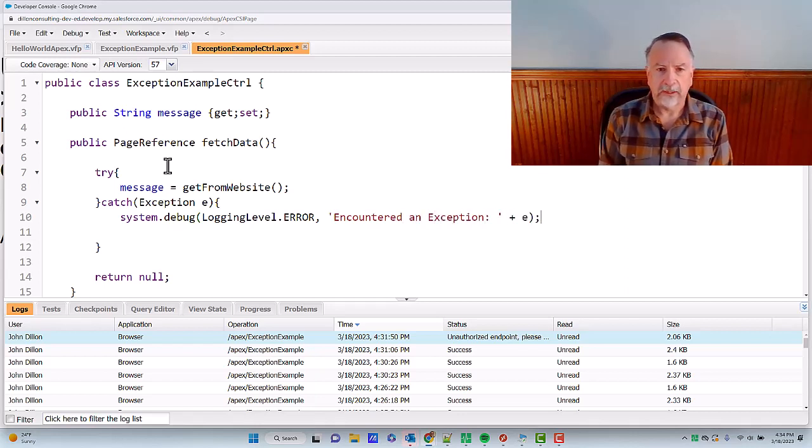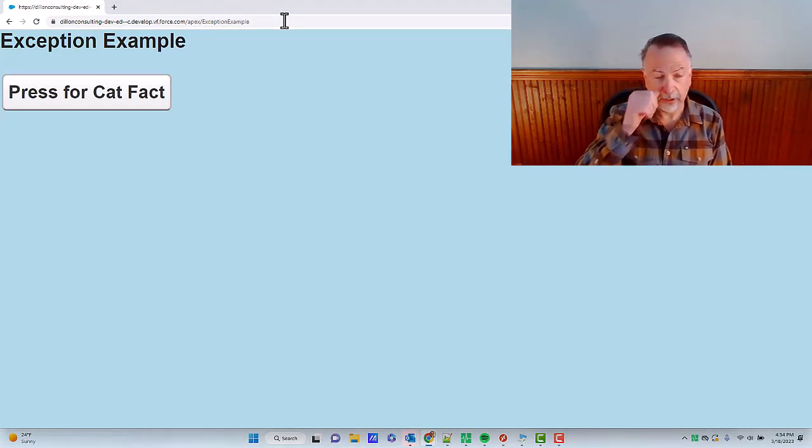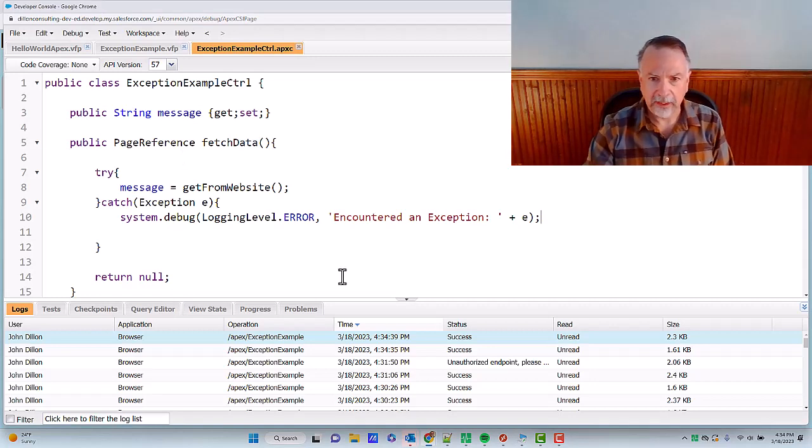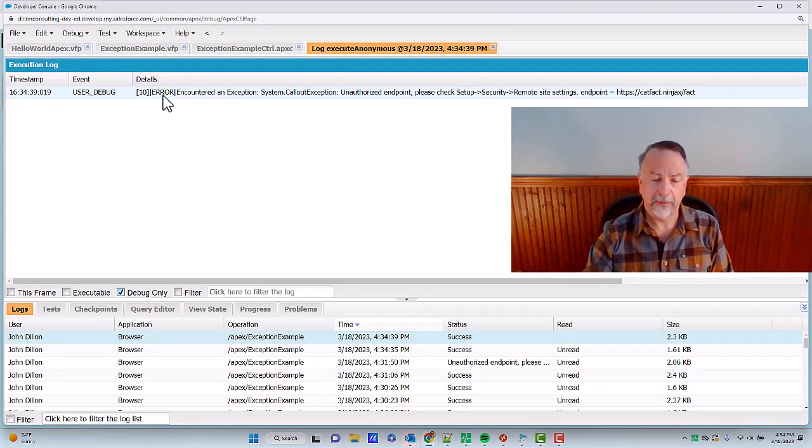And here we can just dump out the contents of the exception. Let's take a look at what that looks like. If we refresh our page, okay. So now notice when we click this button, nothing happens on the screen. But if we look into our logs, we can see we did get the error, encountered an exception, and this is the details of that exception, which